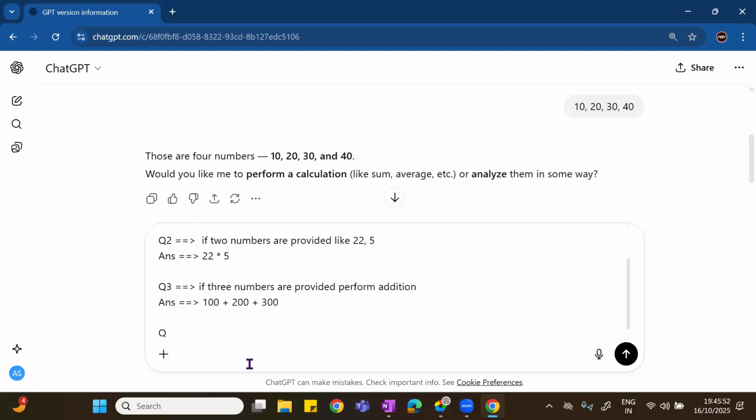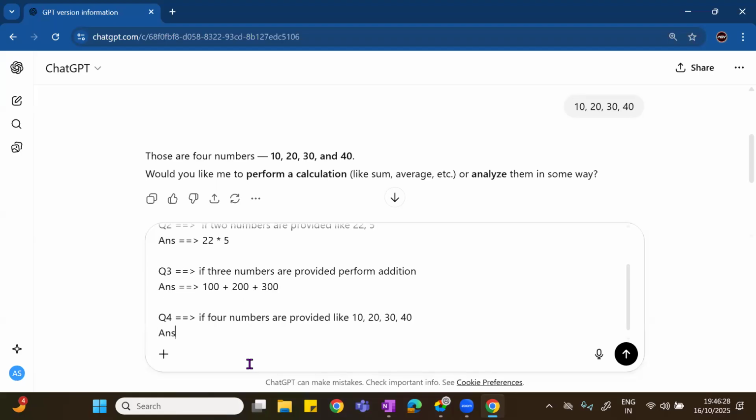And question 4: if four values are provided, like 10, 20, 30, 40, then what I want it to perform is: first multiply the first two numbers, then subtract the third number, and then add the last number.